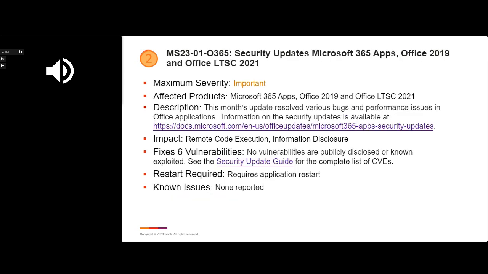We, of course, got the regular update for the click-to-run versions. These include Office 365, Office 2019, and the Office 2021 long-term service channel. They address 6 vulnerabilities. There's a lot of overlap, obviously, with the regular Office updates that you saw on the last slide. If you want to go in, I include the link here every month. You can go in and dig specifically into the updates that were released for the click-to-run versions, as we call them. Implications this month are remote code execution and information disclosure across those 6 vulnerabilities.